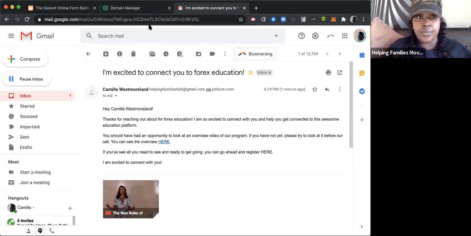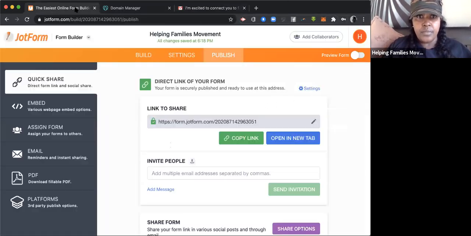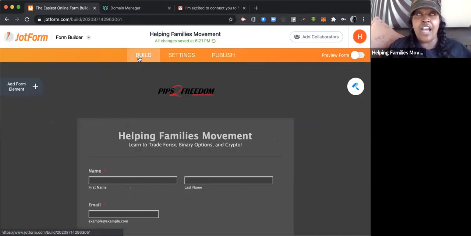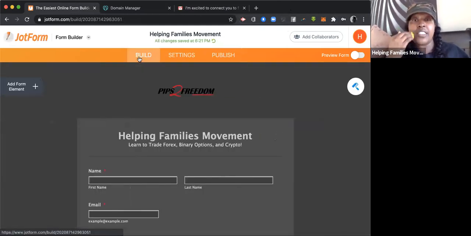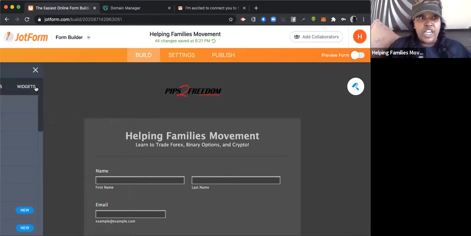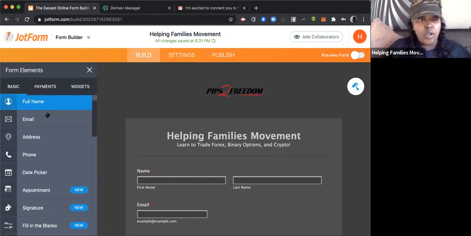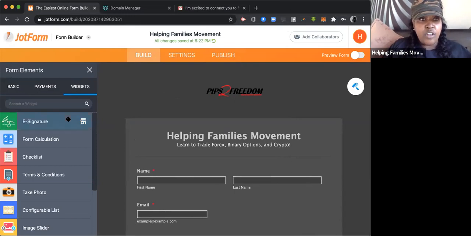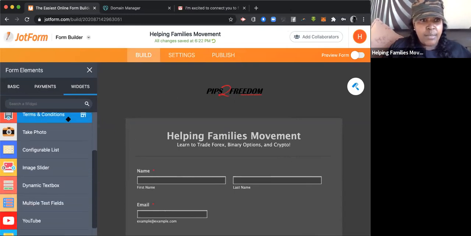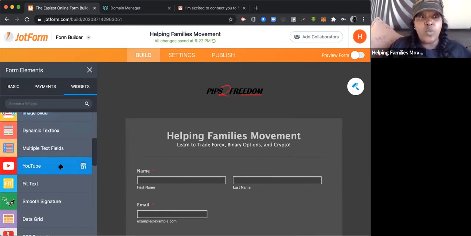Hold on, my little task bar is in the way. And so you can get real creative. They actually have Jotform webinars and stuff where you can learn to do a whole lot more with it. And so literally under widgets, I think, let me make sure it's under here. So like under widgets, I don't like to give people too much information up front, but you might want